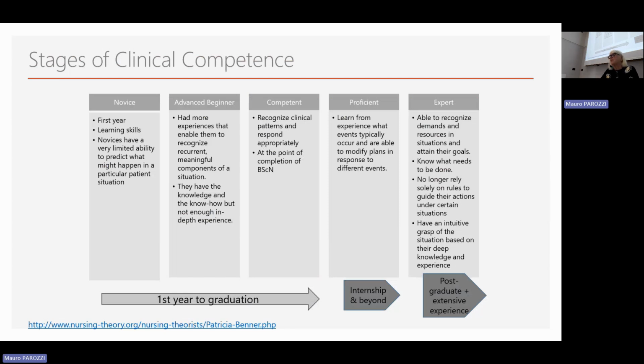If you're thinking about basic communication skills or critical thinking skills, are you assessing a novice health professional in the first few weeks and first 6 months of their program, an advanced beginner, someone who's competent, somebody who's proficient, or someone who's expert? In your first year, you're really looking at a novice. Second year, kind of an advanced beginner, and you would hope that what you graduate is somebody competent to practice.